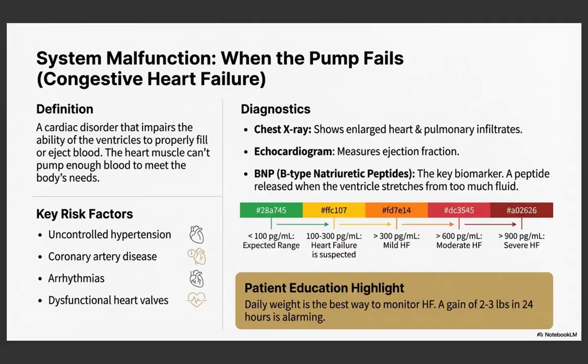So, going back to your BNP, we want our BNP to be less than 100 because that's how we know that our heart isn't stretching in response to too much fluid. If they have a BNP that's well over 900, that is very severe heart failure. So again, BNP stands for the ballooning, right? The ballooning of that fluid. You can also call it the ballooning number predictor if that helps you. But it actually stands for B-type natriuretic peptide. So make sure